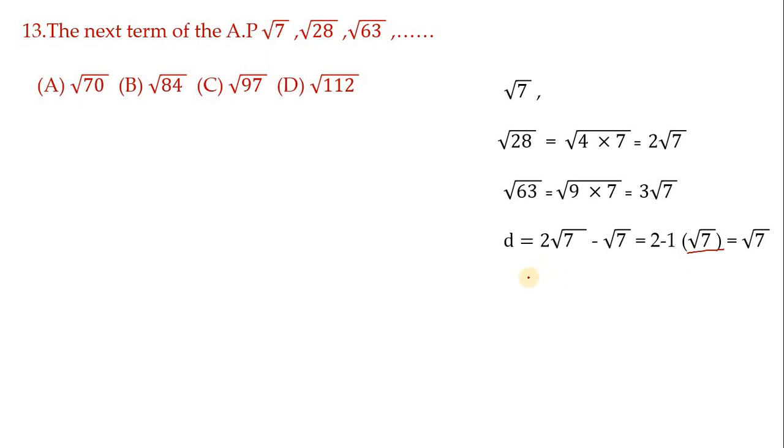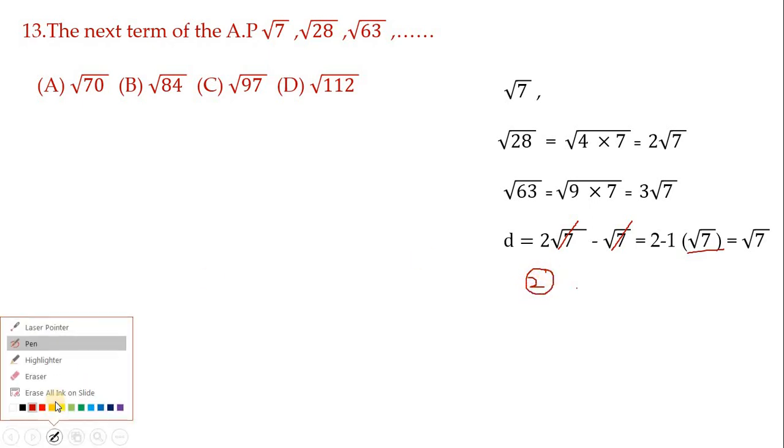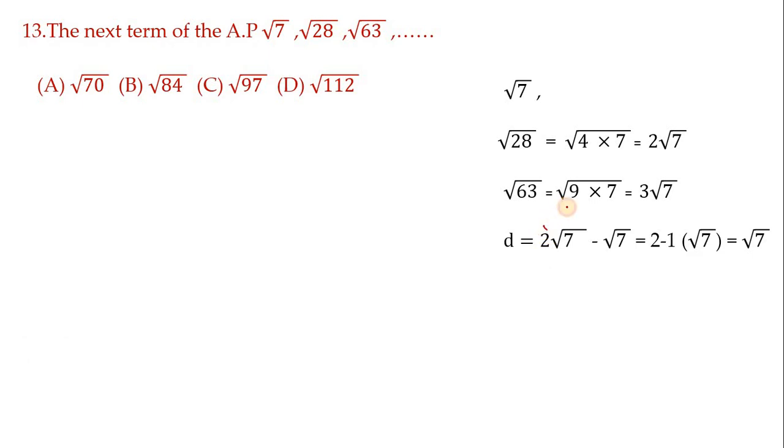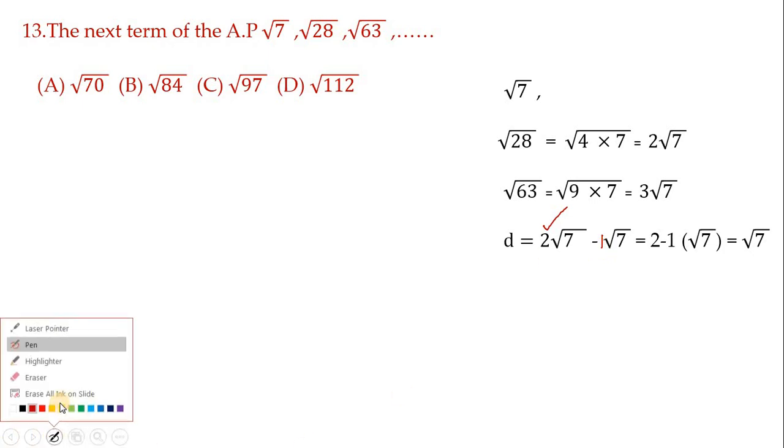Many children, you know how they'll do it. 2 they'll write as it is. We have to subtract, no? So they'll cancel like this. Root 7 and root 7 will get cancelled and 2 is the answer. That is not the way of subtracting or adding. We have to add these numbers. Here 2 is there and here nothing is, so 1 will be there. So coefficients we have to add or subtract. That is a very important thing in irrational numbers, and these are also called surds.